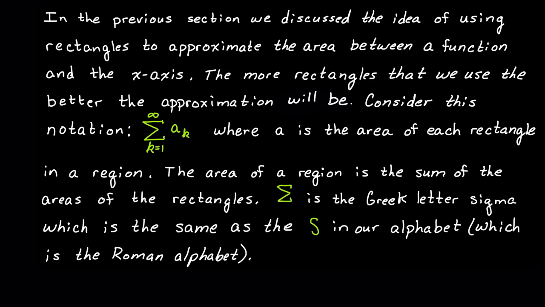And so consider this notation right here. Remember, this is your sigma, from k equals 1, which is your index, to infinity of a sub k, where a represents the area of each of the rectangles in a region. Okay, so that's from our Riemann sums. The area of a region is the sum of the areas of the rectangles, and